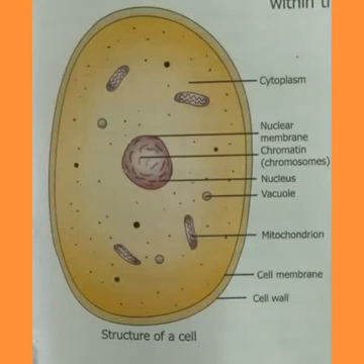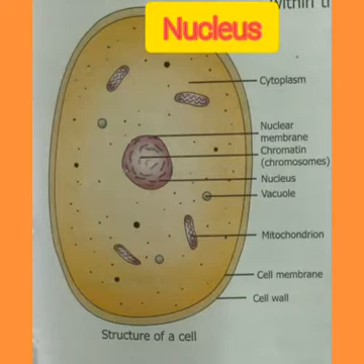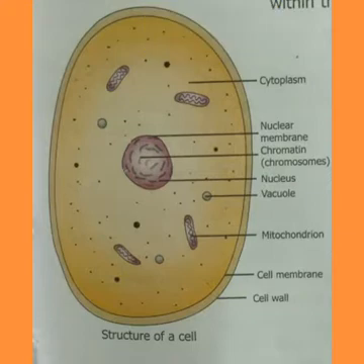In this video, we will discuss an important component of the living cell, the nucleus. It is generally spherical or oval and located in the center of the cell. It can be stained and seen easily with the help of a microscope. The main components of the nucleus are the nuclear membrane, nucleolus, and the chromosomes.